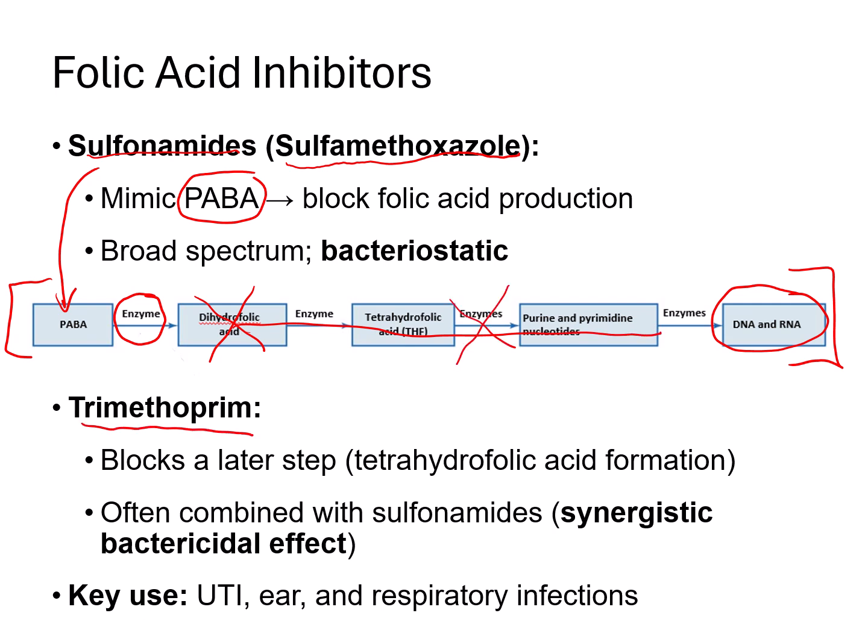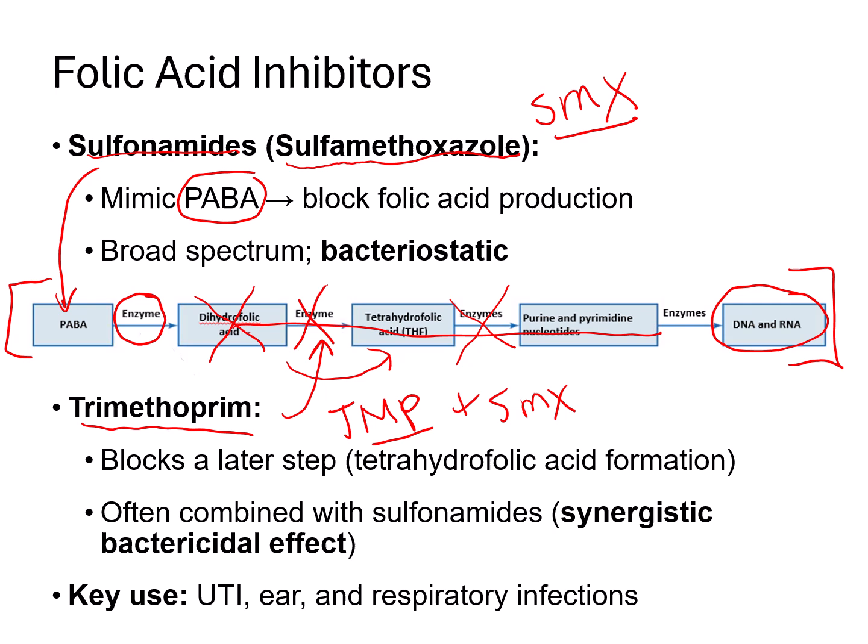Trimethoprim is similar, and this blocks the next enzyme that converts dihydrofolic acid to tetrahydrofolic acid. So it blocks this step right here. And they are often used in combination. Trimethoprim is sometimes abbreviated TMP, and sulfamethoxazole is sometimes abbreviated SMX. When they are combined together, this is usually marketed as a drug called Bactrim,